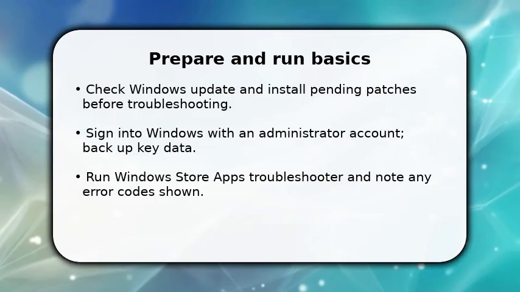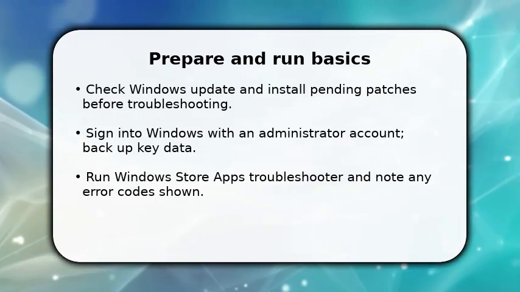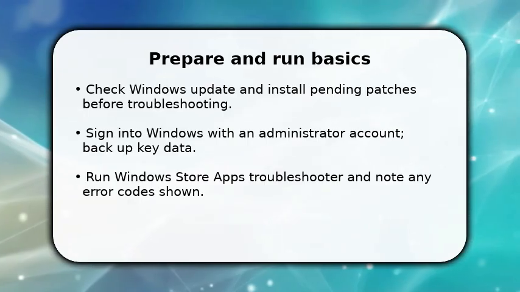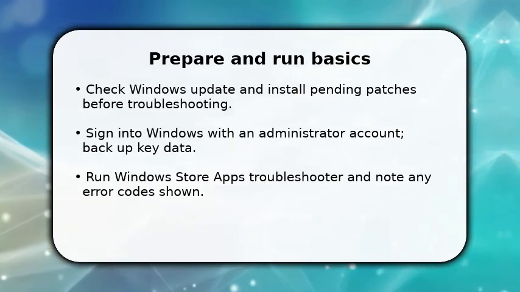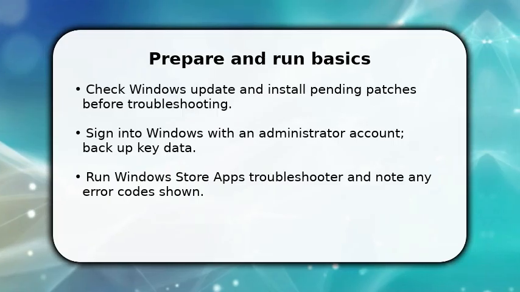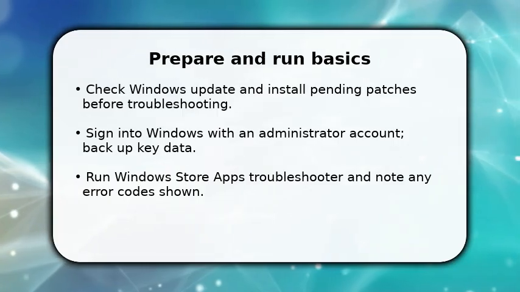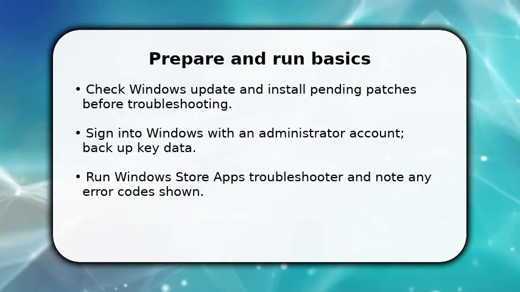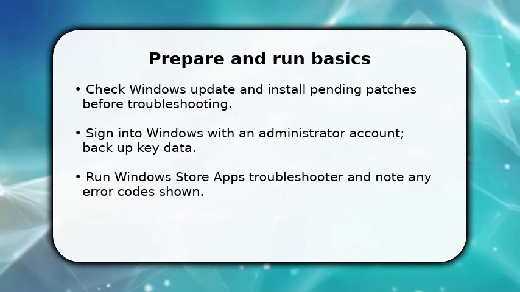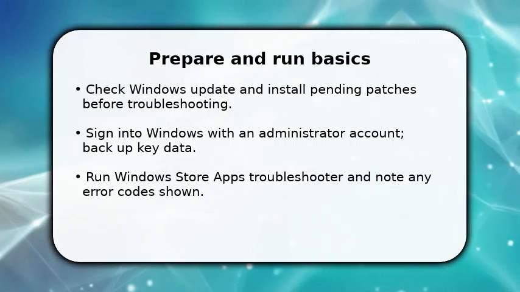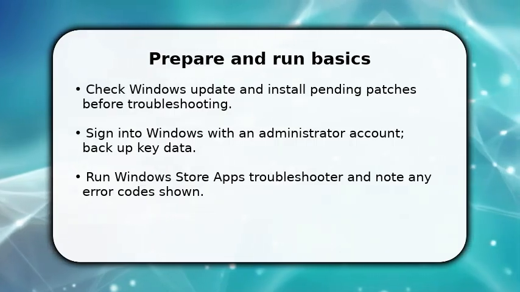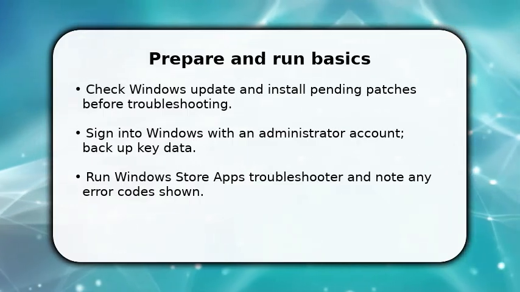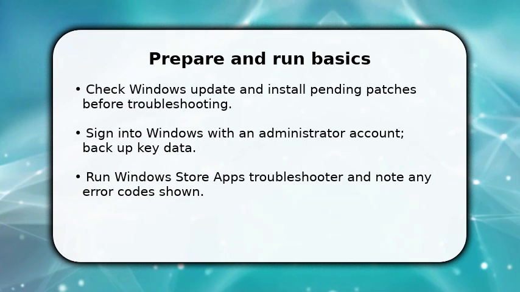You'll start by confirming prerequisites and taking immediate actions. Make sure Windows is updated and you're signed in as an administrator so fixes can apply system-wide. Once done, run the built-in Windows Store Apps Troubleshooter. It often detects service or permission issues and displays error codes you'll use later. If the troubleshooter suggests a repair, allow it. While it runs, note any process names or codes so you can target the next steps precisely and avoid repeating